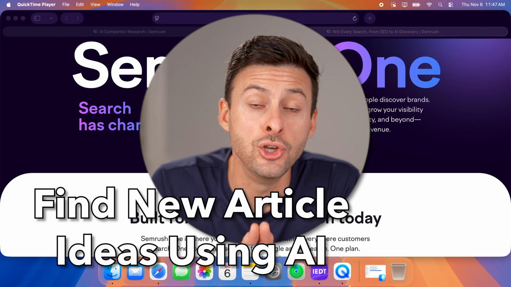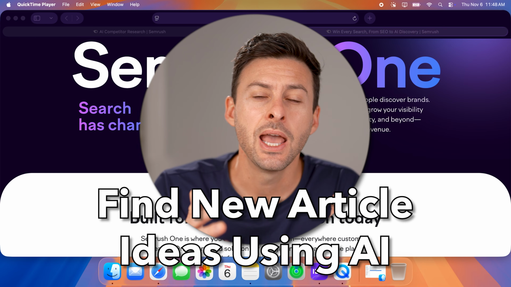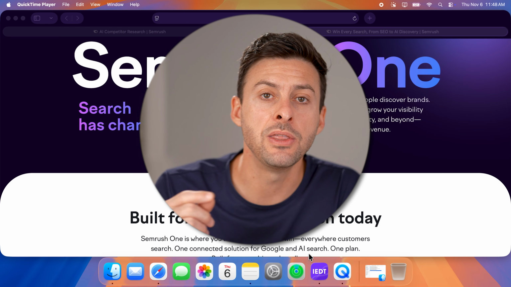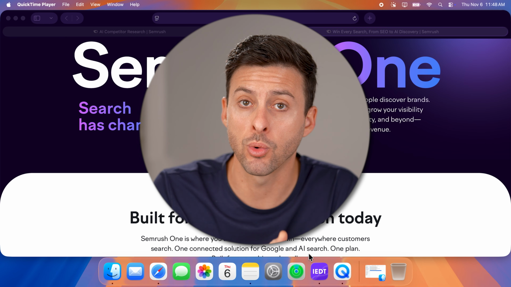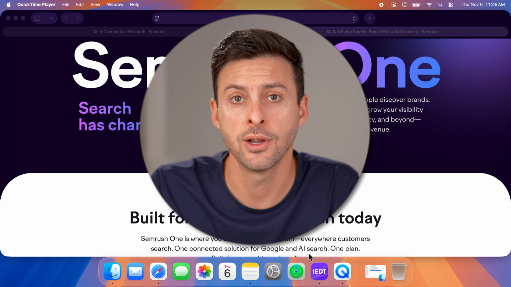Let me show you how to find new article ideas using AI. Now, if you have a website and you're not necessarily sure which articles or topics will be the most impactful for your company and fill in gaps where maybe your competitors are doing better, I'm going to show you how